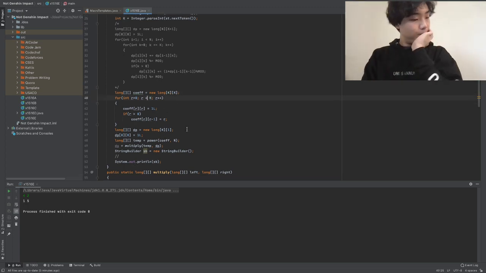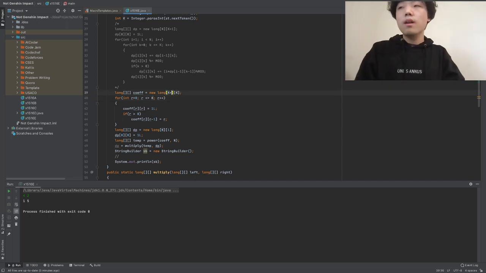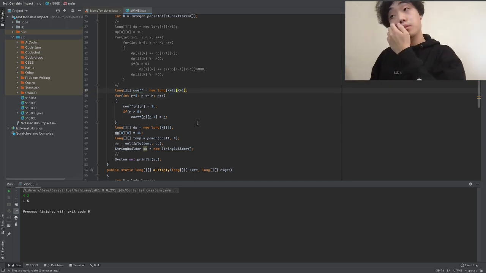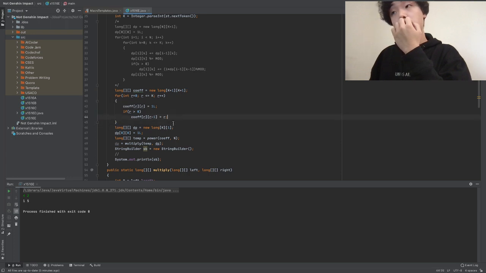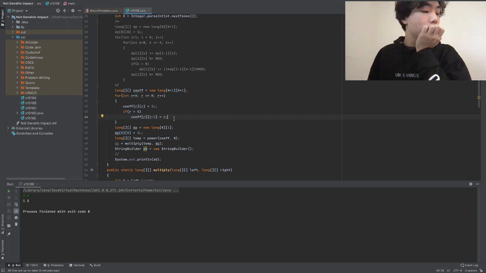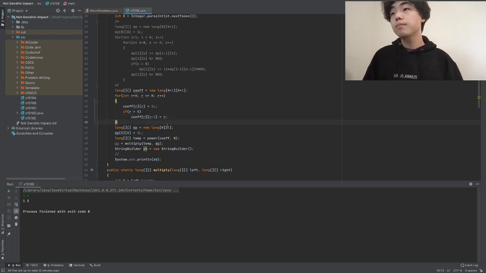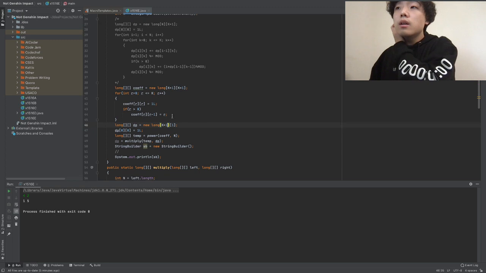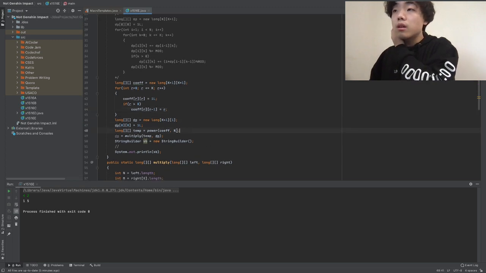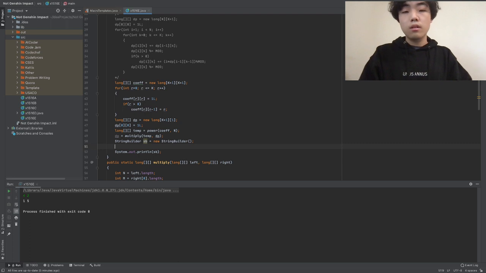Let me think about it. We do k plus 1. Yeah, so I, then I minus 1 is the number of ways that include this many swaps. Yeah, I'll do it like this. K plus 1, if R is greater than that, long temp, power coefficient, string builder. Okay. And then we do